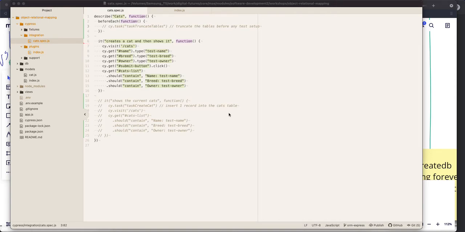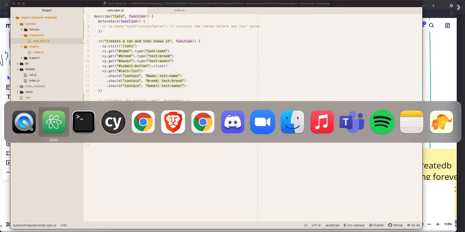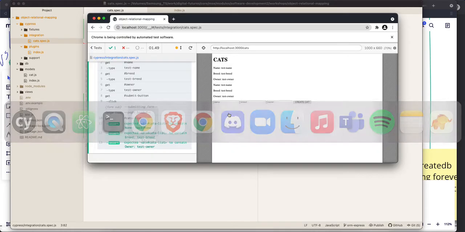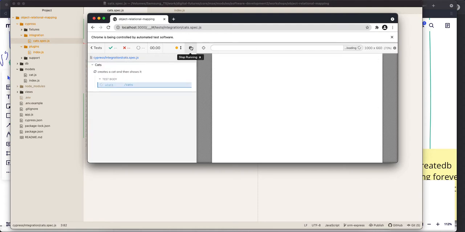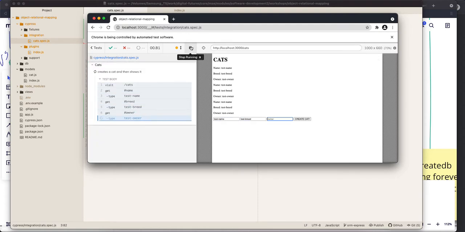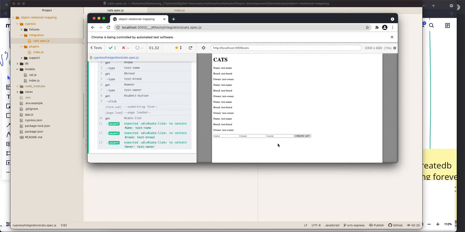So this session is about how we solve the problem of constantly adding data to our tables when we run our Cypress tests. You'll probably have encountered some scenario so far where, by running your Cypress tests, you see a lot of data just keeps getting added to the table, again and again, because you submit the form and your application takes that data, and using Sequelize, it makes an insert statement and adds that row to the table